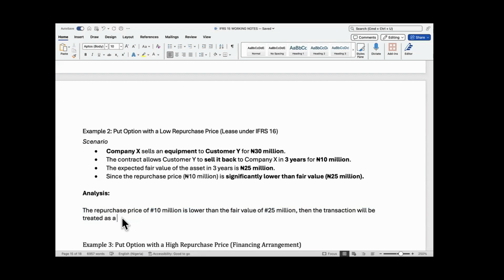The fair value is greater than the repurchase price. Leases. Okay, on my end it's leases. That's correct. You're also the one that answered it the last time and you were correct, so you are still correct now. So we are going to see it as a lease in this case of a put option. This means that the 30 million original selling price will be